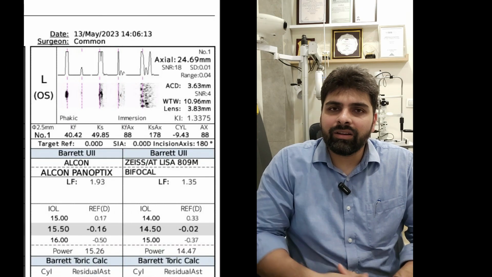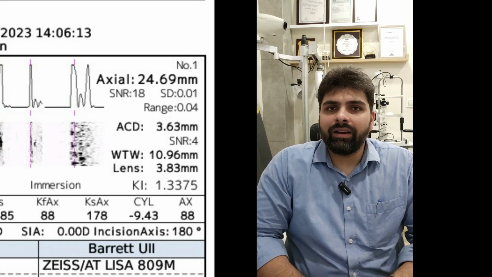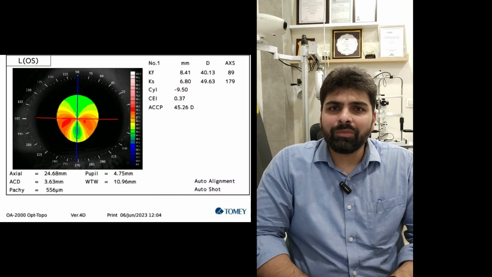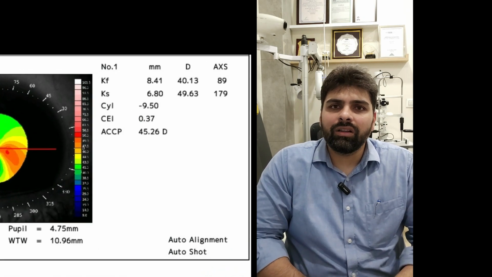But look at this scar inferiorly on the cornea. And this scar on the cornea is causing very severe corneal astigmatism. So if you look at the biometry here, you can see that there is almost 9.5 diopters of corneal astigmatism, and the topography from the biometer also confirms it, and it tells us that the axis of astigmatism is around